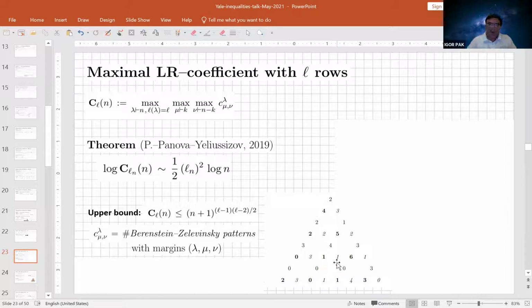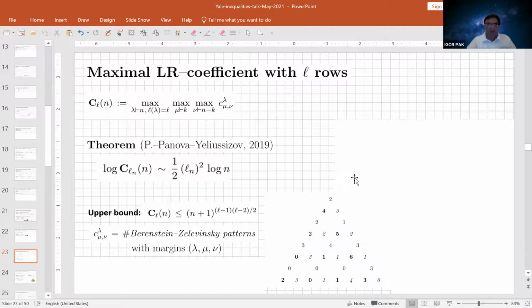That is kind of amazing. So Berenstein-Zelevinsky triangles of this kind are basically an arrangement of numbers with given boundary, and you put numbers inside so that they satisfy this equality along every hexagon. You use this combinatorial interpretation to get an upper bound